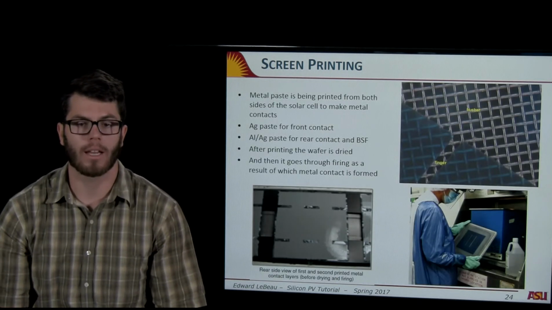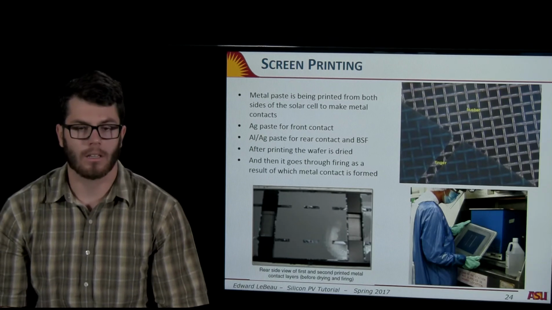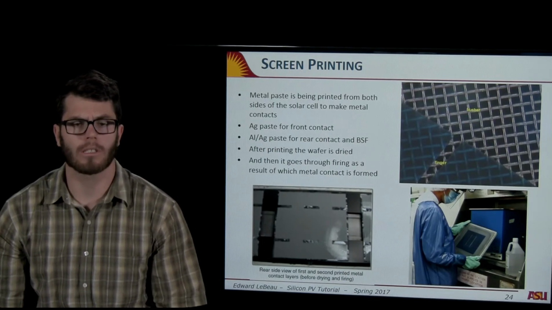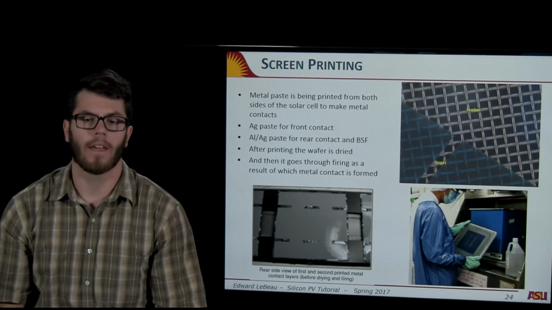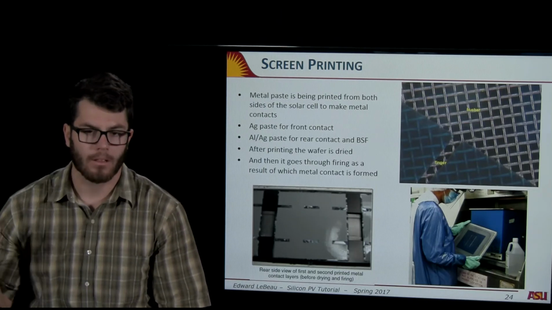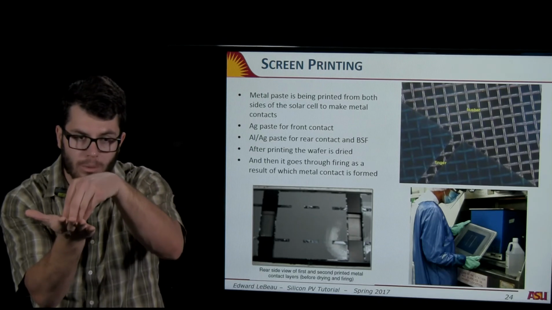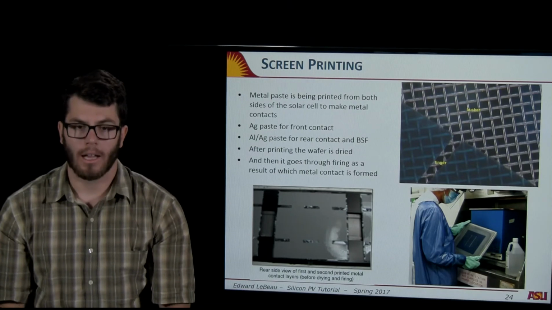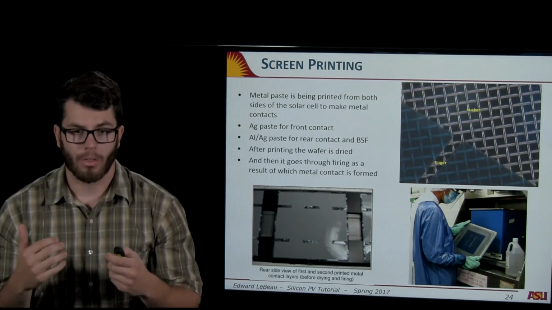So the next step after we have an anti-reflective coating deposited, we screen print. So we need to get metal contacts onto this. Basically all that is, if you're familiar with printing shirts or screen printing or anything like that, same idea. You have a screen, which is a metal mesh, and that mesh has little holes in it, and the metal can only go through those holes, and then you put a paste down. So you have your screen, you put a line of paste down, and then you rub a squeegee across it, and that forces metal onto the wafer, and now you have your contacts printed onto the wafer, and they're wet